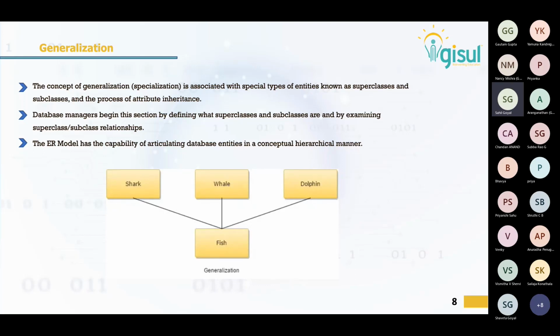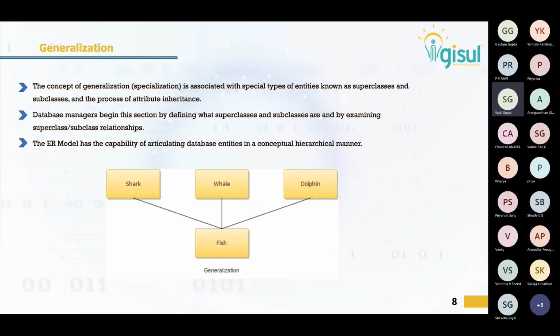The fish can have further subcategories, which is shark, whale, dolphin, multiple other types of fishes can be there. So this kind of data is basically more of a hierarchical information which we are presenting. And when we come across this, we will push it as the concept of